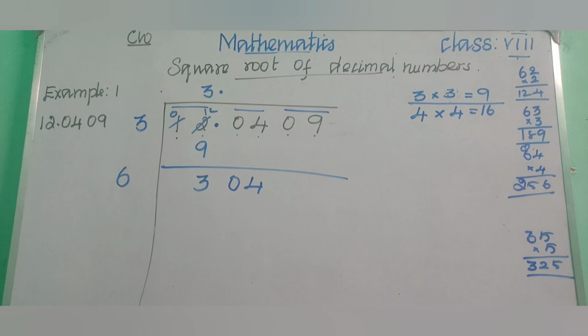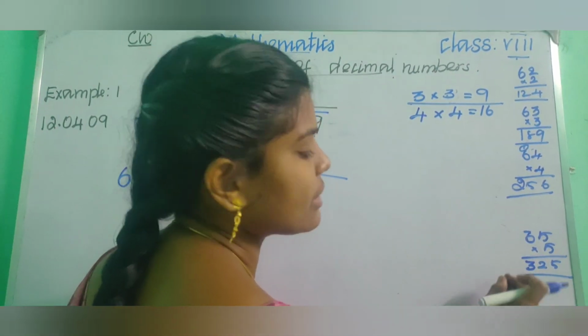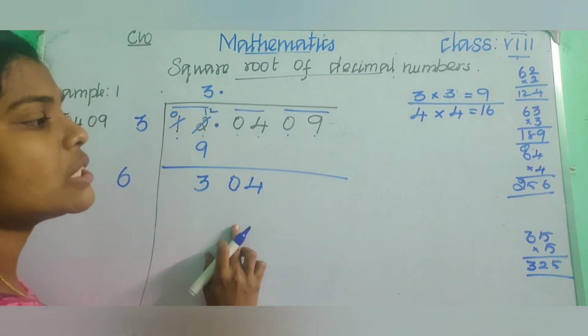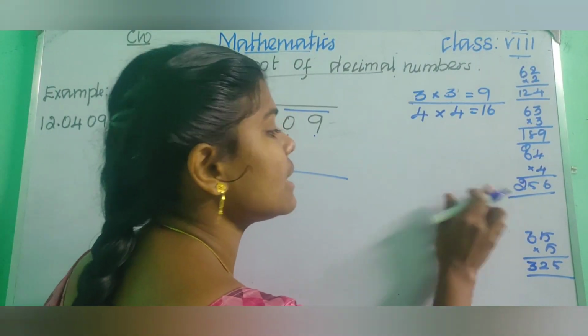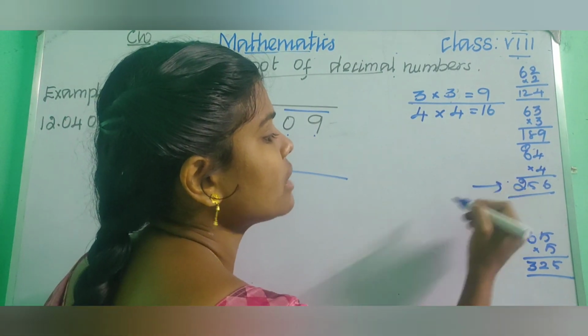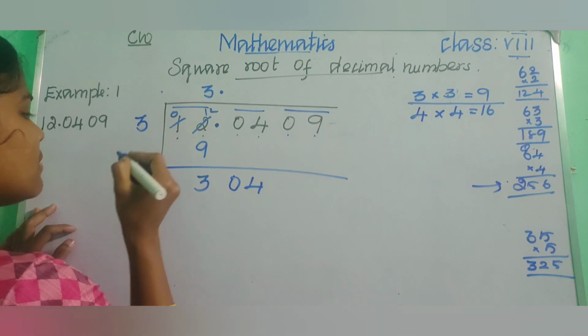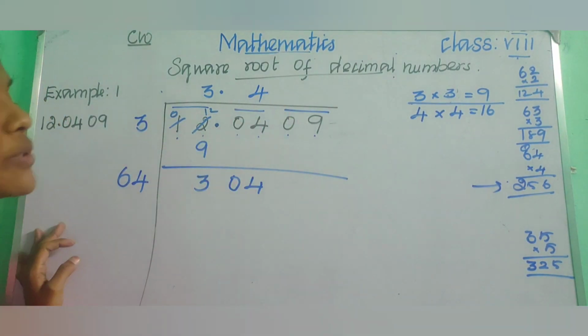So what we need to think? We need to think whether that digit is equal to 304 or else it should be nearly less than 304. Okay, children, so if we just put 5 means we will get 325. Okay, it will be greater than 304. So we need to check the digit which is nearly less than 304. So we can choose this one, 256. Okay, children, so we can put 4 in the divisor and 4 in the quotient.